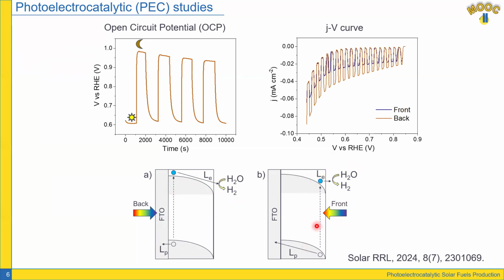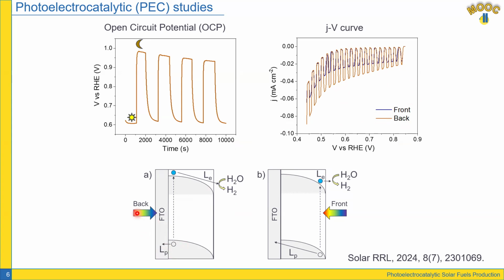So we generate the carriers here, and in that case, the photogenerated holes need to travel all the thickness of the sample back to the FTO contact, and the electrons are very close to the surface to drive the hydrogen evolution reaction. So in that case we have a better response, because we have a higher current density under back illumination, because the diffusion of the photogenerated holes was the limiting factor in the